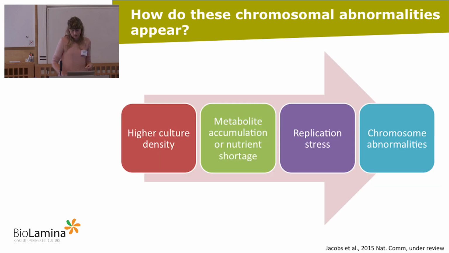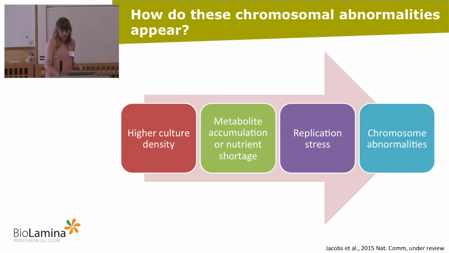So we set up a fairly simple experiment, in which we did this in 1 million replicates on 3 different stem cell lines. This was when we were still culturing the cells on mouse feeder layers, with cells cultured in very low density colonies up to a very high density. These two extremes are quite unrealistic. You never culture your cells at this density because it's simply not effective, and you don't really tend to culture the cells at this kind of density either. So in the lab we were normally somewhere in this range here.